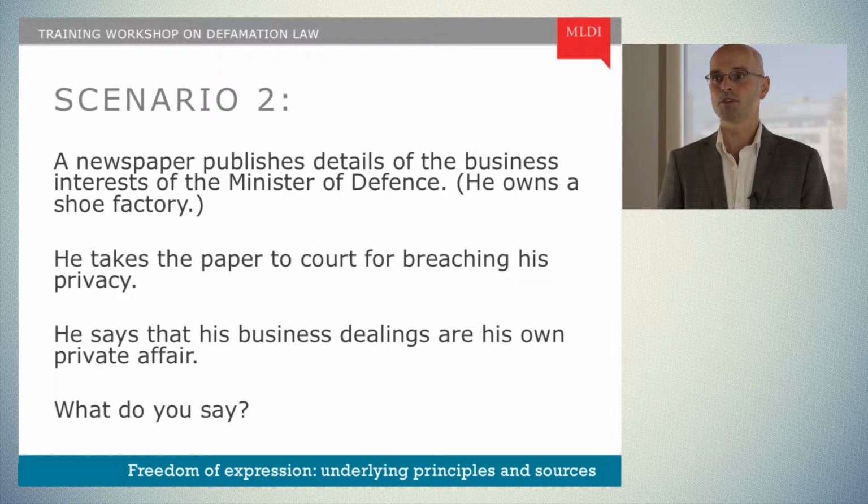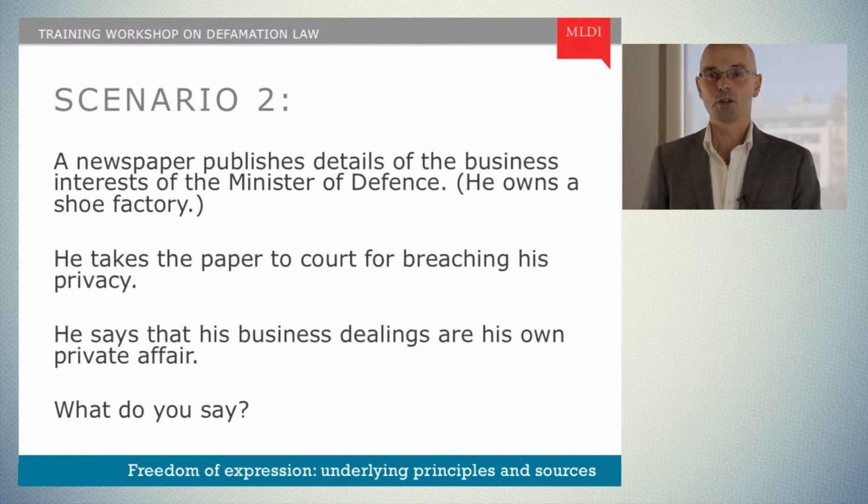The legitimate aim protected would be a minister's privacy, and there needs to be a clearly and precisely formulated law under which the minister could sue. And, as under the previous scenario, the third part of the test requires a lot more context. For example, while a shoe factory would appear to be innocuous and have nothing to do with his role as a government minister, it may well be that the factory supplies shoes to the army, and that then raises important questions as to whether a minister should be allowed to profit from business deals with the government department he is responsible for. The previous two scenarios were pretty straightforward.